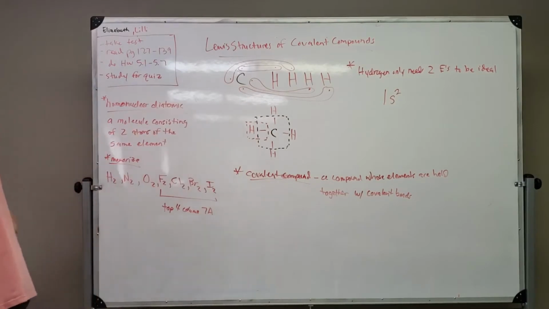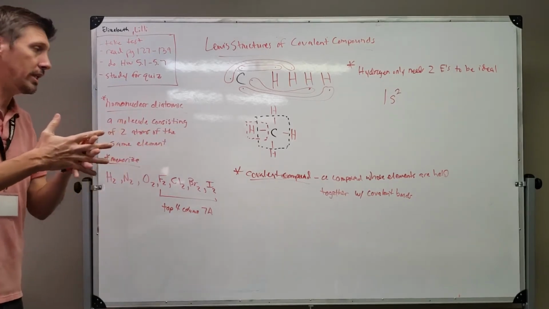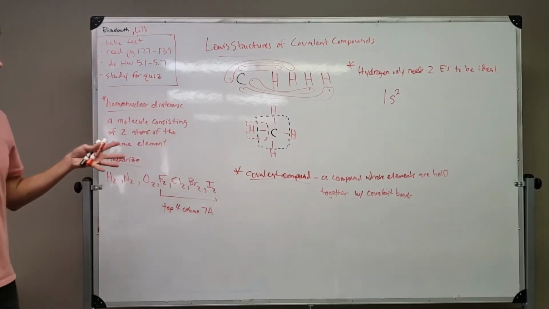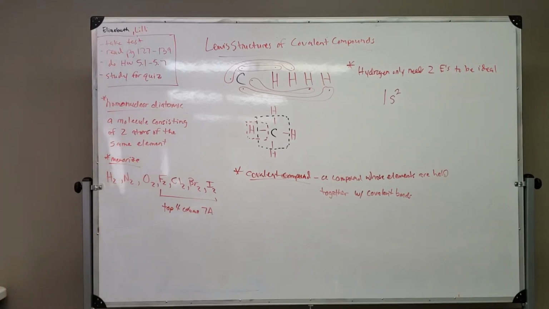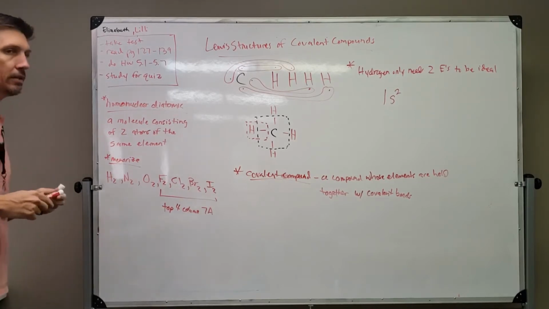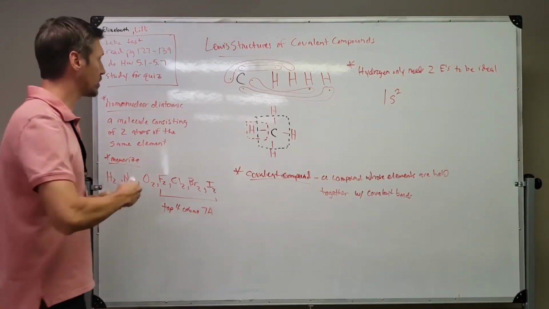If it's an ionic compound, ionic bonds hold the compound together. If it's a covalent compound, covalent bonds hold the compound together. If it's ionic, opposite charges hold it together. If it's covalent, the sharing of electrons is what holds it together. It's a physical bond. You can look for these by looking for metals. If I just wrote CH4